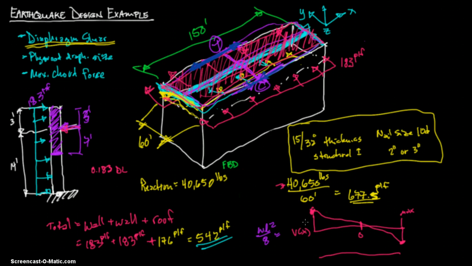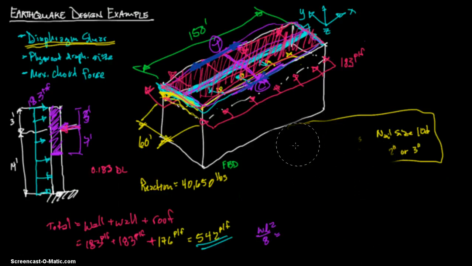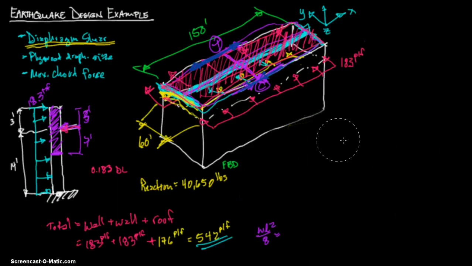So that's what we were doing. Let me erase some of this stuff right here, and we'll go back to how you find that chord force. To get that chord force, what you want to look at is similar to a truss, where you have a top chord and a bottom chord. You don't have to say it's a truss. It could be just a beam, but I like to look at it as a truss,